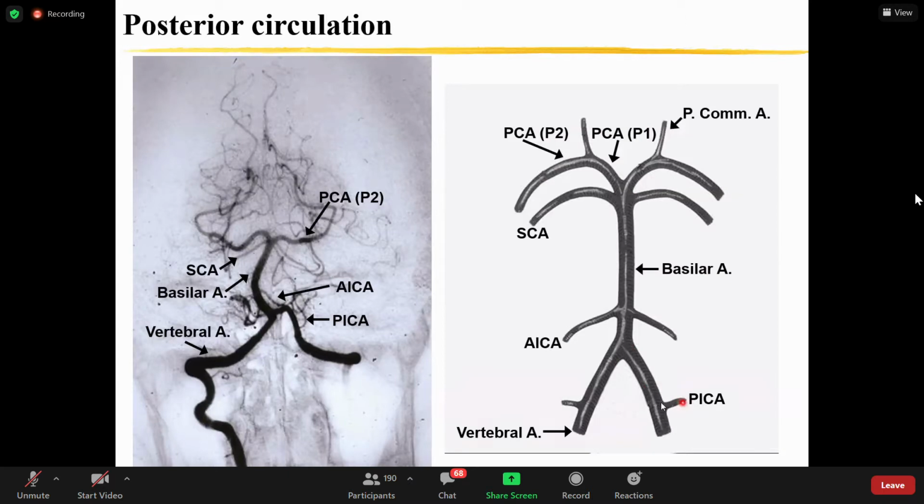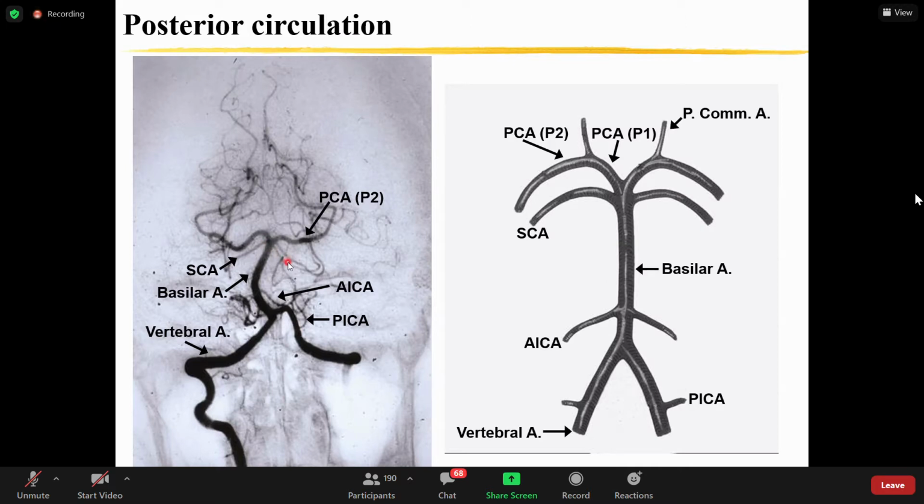You can see this on the angiogram. These are the two vertebral arteries. This is the basilar artery. You can see PICA coming from the vertebral, while the AICA comes from the basilar, and the superior cerebellar